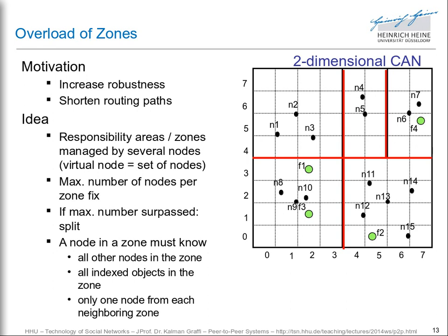Okay, yes, and here are some conclusions. A node in a zone must know all other nodes in the zone. Okay, we have something like a mesh, maybe. And all indexed objects in the zone are maintained by the peers here. For example, in Omicron, we saw that